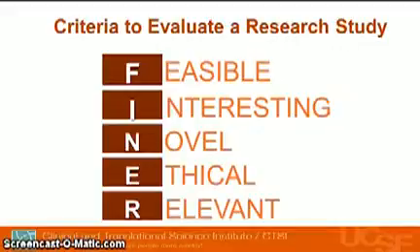And finally, is the study relevant? Is this study going to have a major impact on the field of science? Is this study going to move forward your field and have a significant impact on the health of the population that you're studying? Is this study relevant? So the FINER criteria should be applied to all studies at the initial planning phase and apply them to your